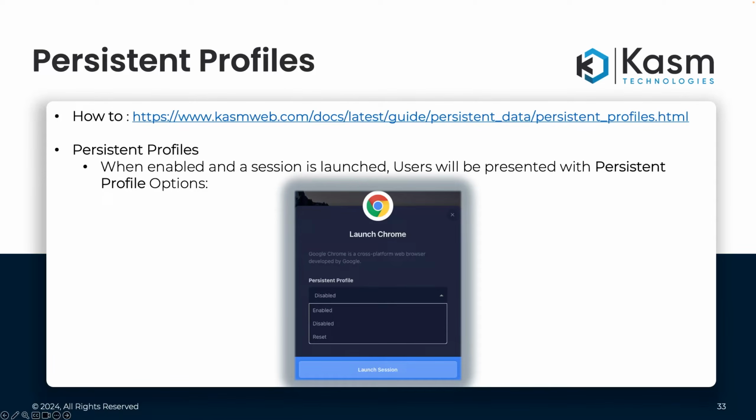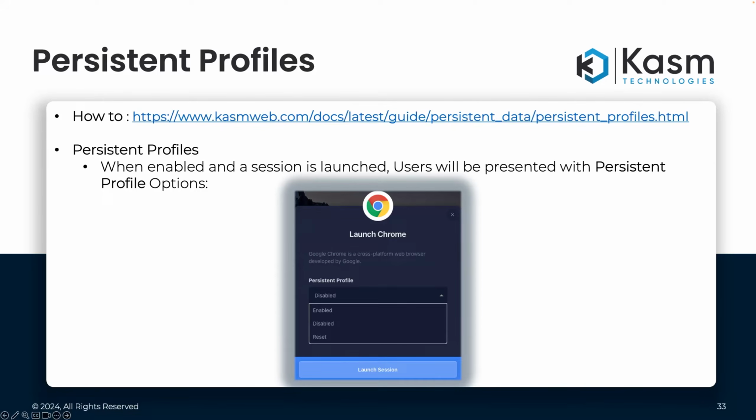So when persistent profiles are enabled and a session is launched, they will be presented with a dialog box such as this, and they will have three options that they can select from. Enabled: when enabled, our persistent profile path that we defined on the workspace will be loaded during the creation. If it's disabled, then the persistent profile is not loaded on creation. And then we have a reset option.